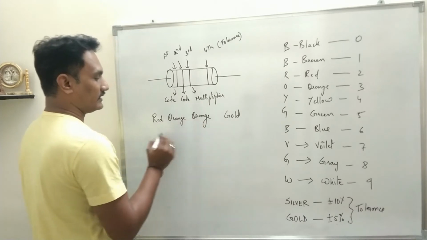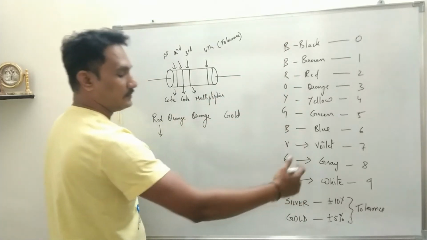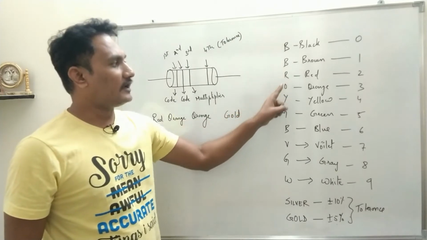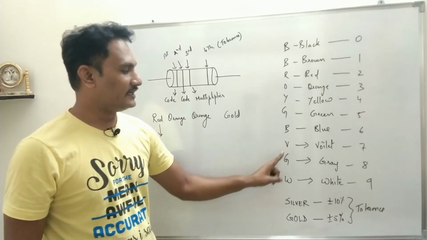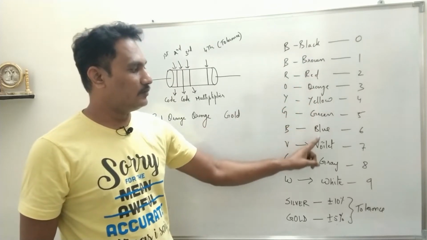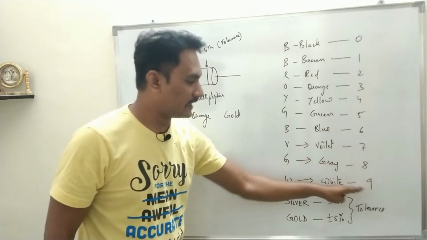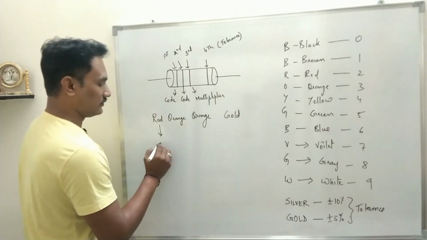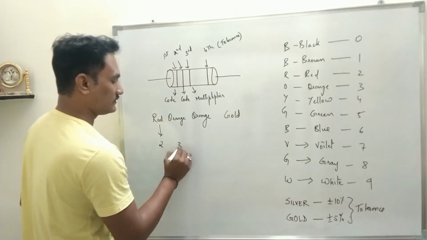So red, orange. The first band is red, so directly write the code. We remember the code as BB Roy goes to bring very good wife. It is black, brown, red, orange, yellow, green, blue, violet and gray, and the color code has been specified like 0 to 9, with white as 9. So for red, direct code has to be written. So for red it will be 2. Similarly orange is 3, so directly write the code.